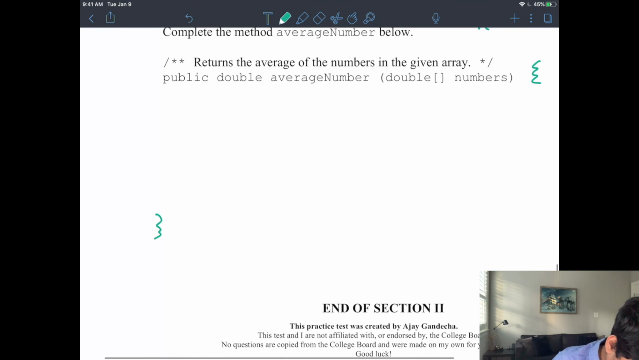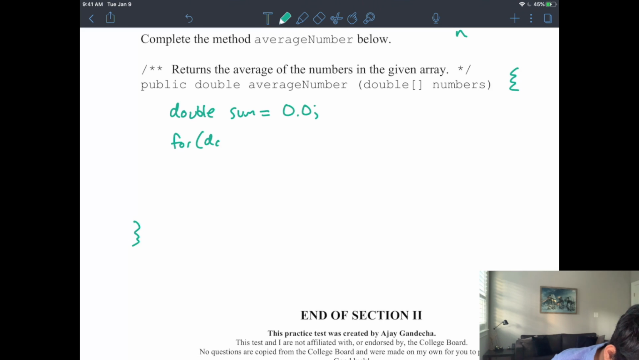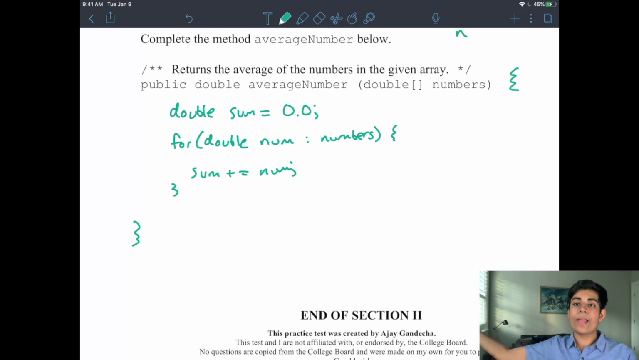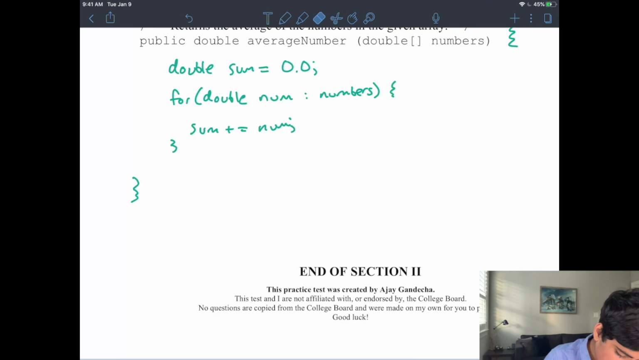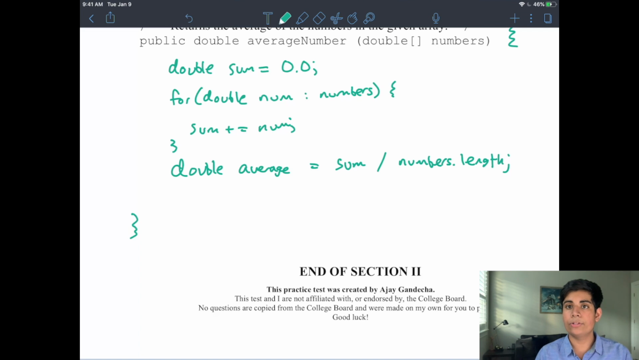So what I can do is say double sum equals 0.0, and then I can do for (double num : numbers), I can say sum plus equals num. So all this is doing is looping through every value inside of my numbers array and simply adding it to my sum. Then all I have to do now is say double average is equal to my sum divided by numbers.length, because numbers.length is the total number of values there actually were,